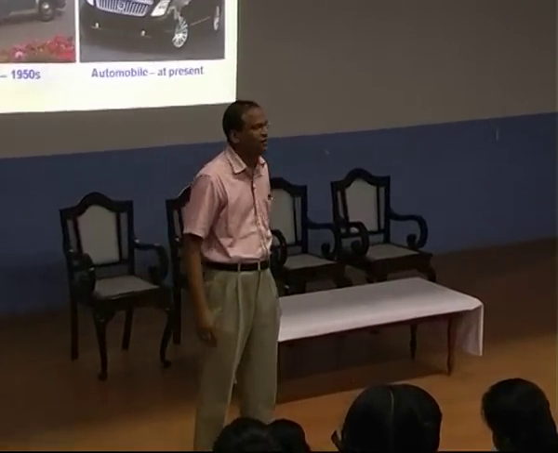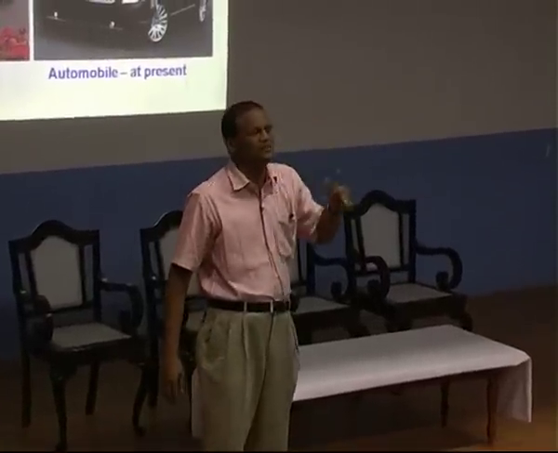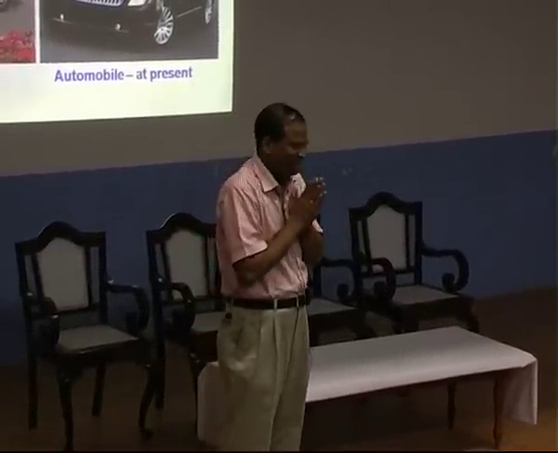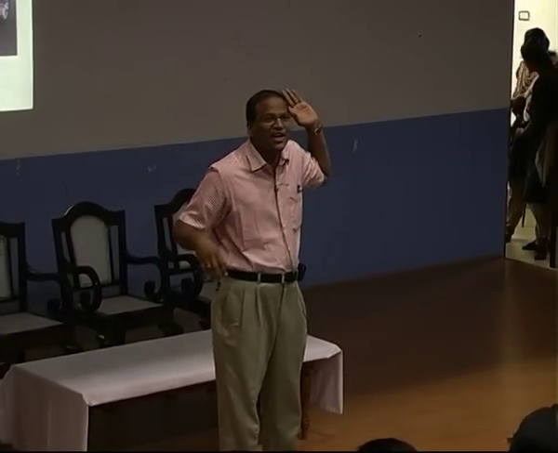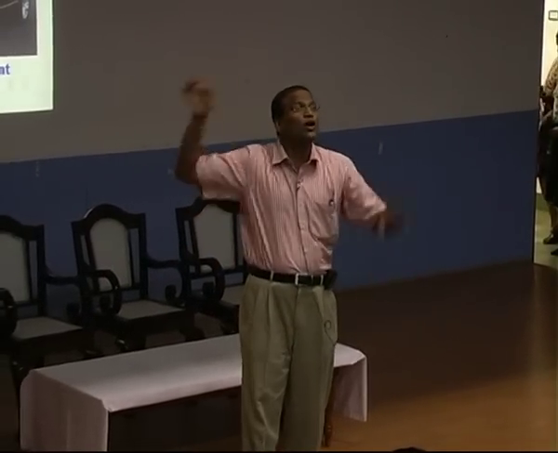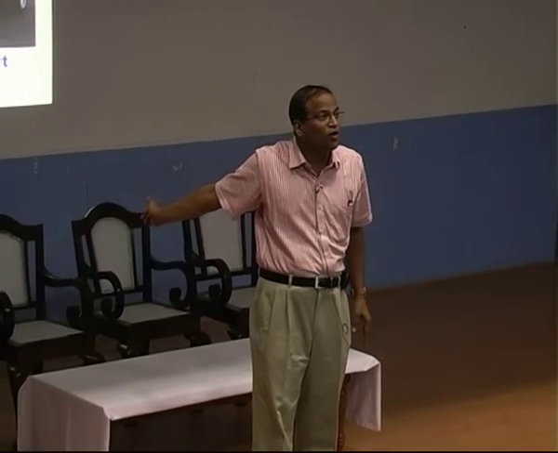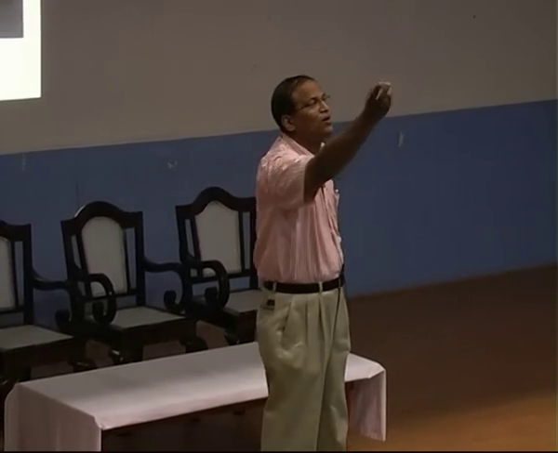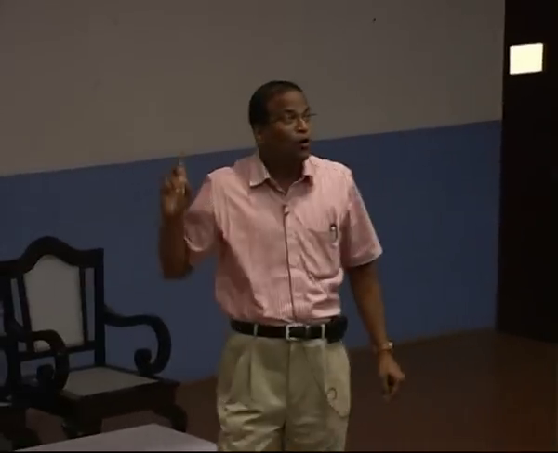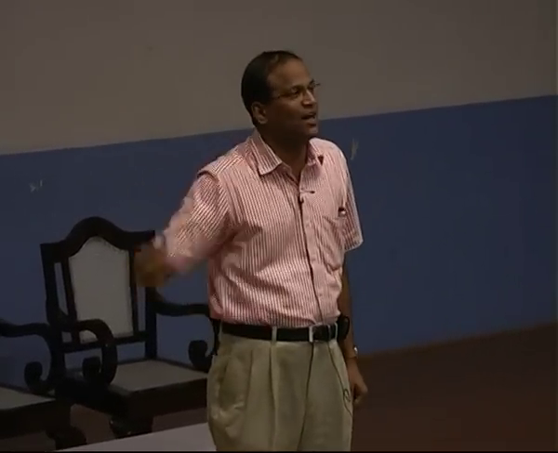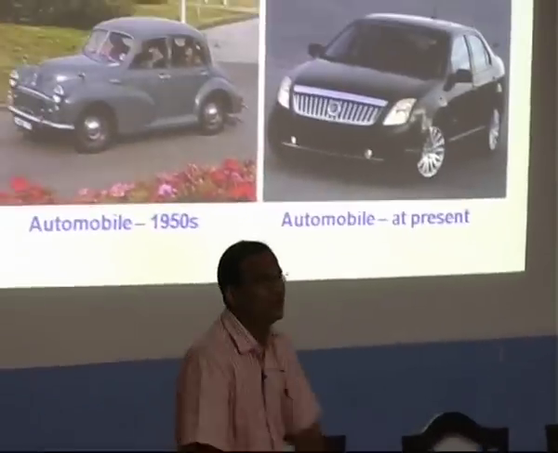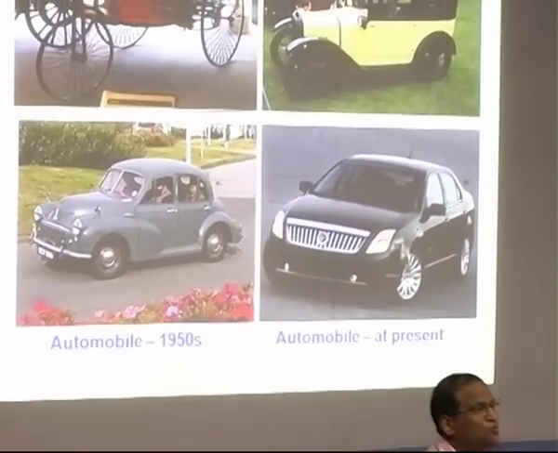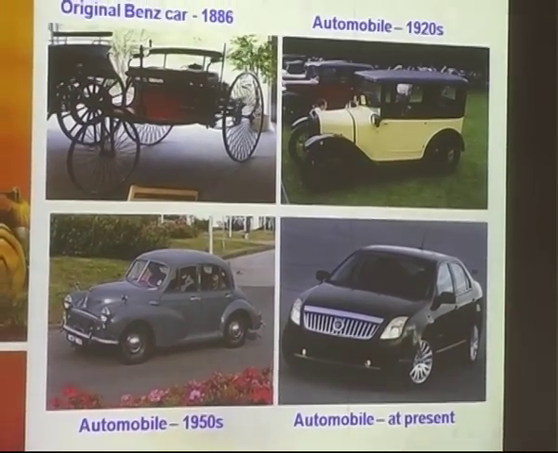Then look at the body. The original, 1886, the body was mainly made of wood. Now it is a lot of aluminium. Even the engine is aluminium. Now look at the size of the engine for the 1886 car and the modern car. Even this 1950 also, the front part is mostly the engine. So the engine has become critical because people want more speed, more control, everything.